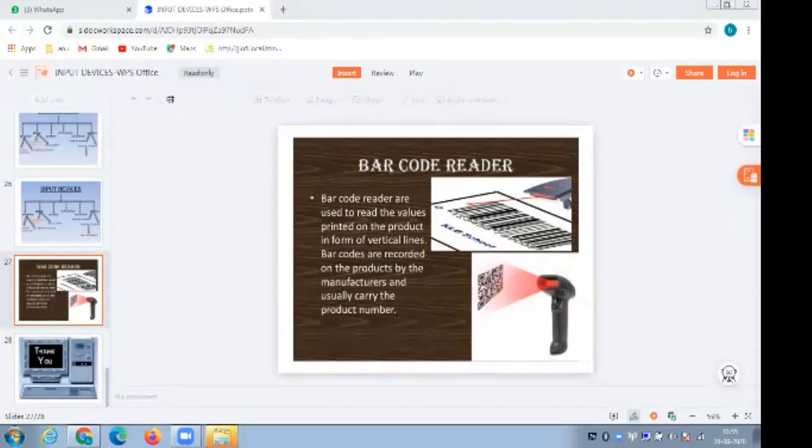When you observe the barcode, you can see how the lines are. The lines are a little bit thick. Certain lines have less intensity. Certain lines will have more intensity. The difference in those thicknesses itself shows the reading on the hand reader. So the sensor itself scans the reading and gives us the reading. So this is nothing but a handheld scanner.